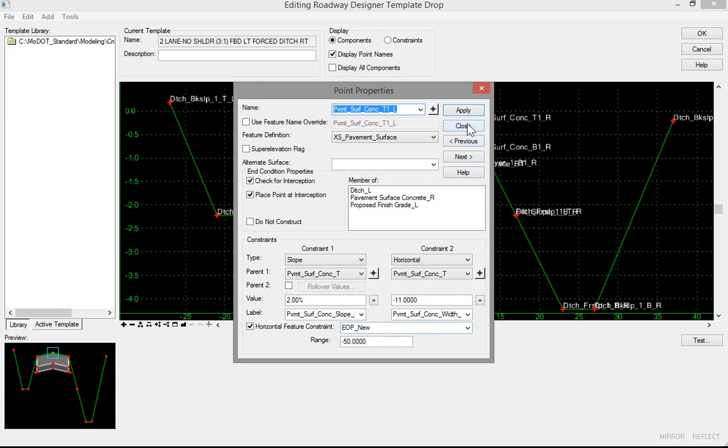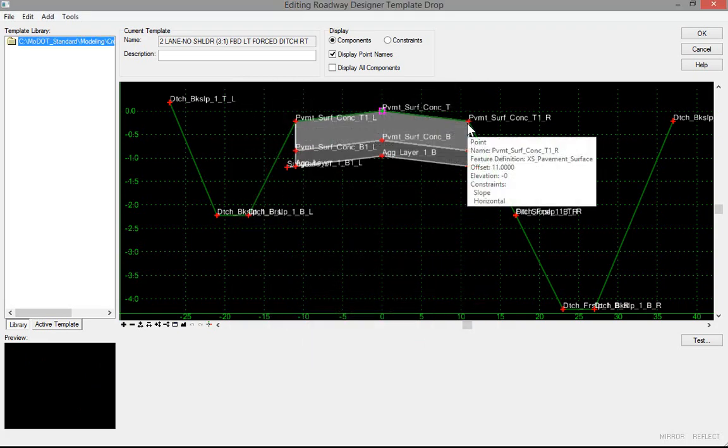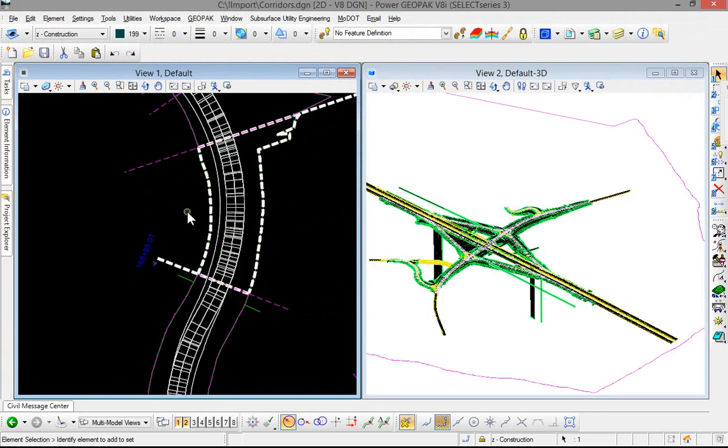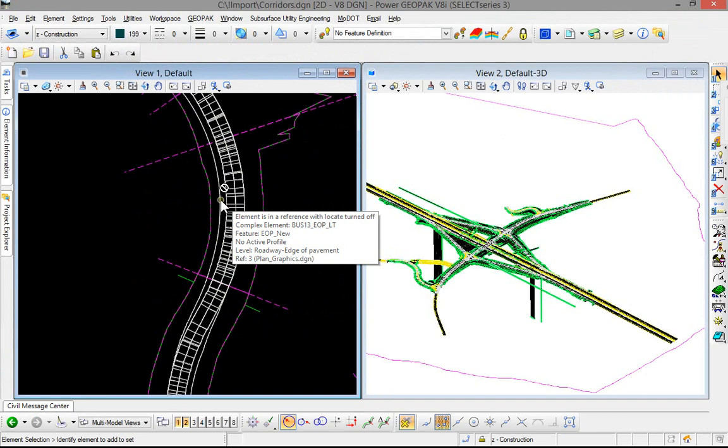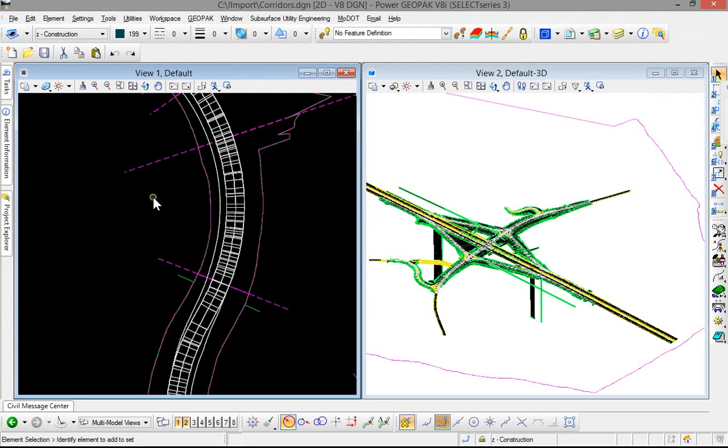But we've had a behavioral change in Select Series 3 for a very good reason. In Select Series 3, if we want an entity to be recognized as a target when we're targeting this horizontal feature constraint, we have to add that as a corridor reference. We do this because in the past we've had a lot of customer requests in terms of a line perhaps between multiple corridors getting picked up by the wrong corridor because of the search distance settings. And so what we've done now is we're asking the user to add it as a reference before it will be seen. And so to do this, I simply click on the corridor,